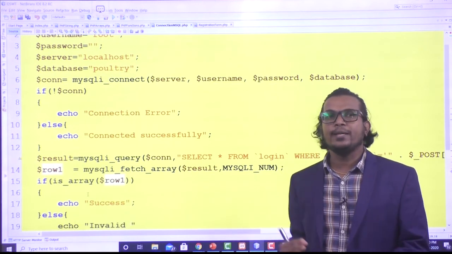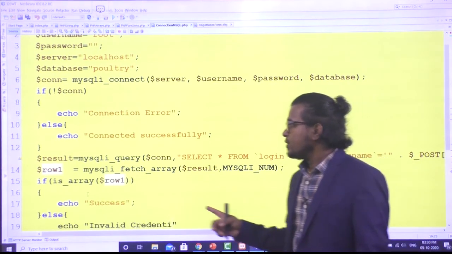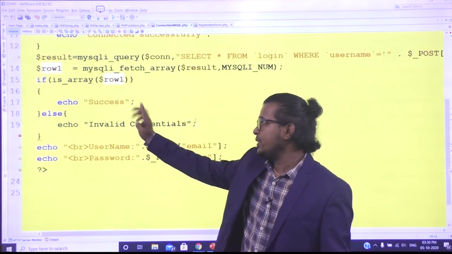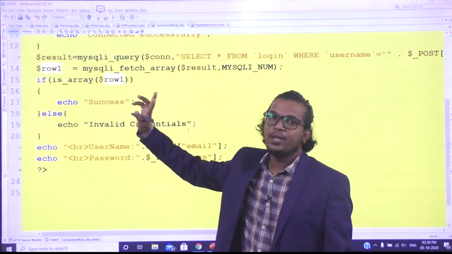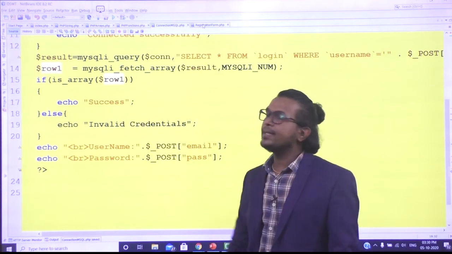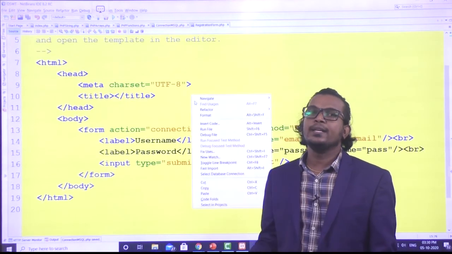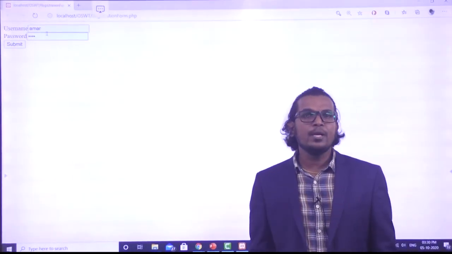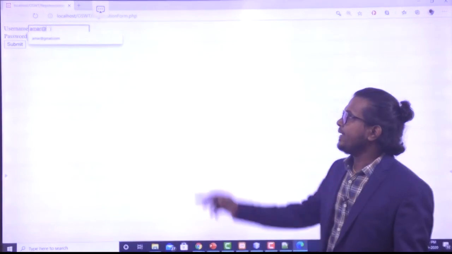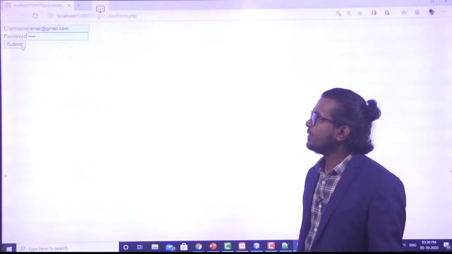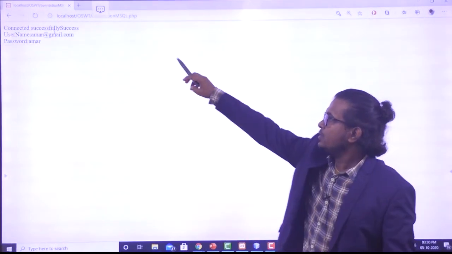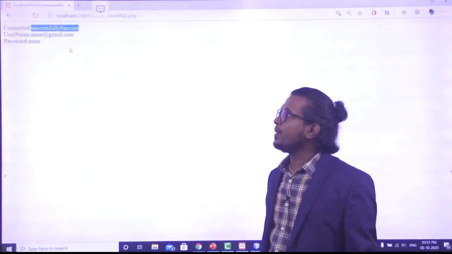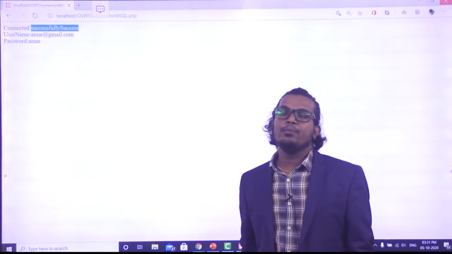So that is what I am printing here: if I am returning any rows, I print success; if not returning any rows, I print invalid username and password. You enter the correct username and password, see here, I am printing the success, and also the username and password. You can remove that username and password and print.